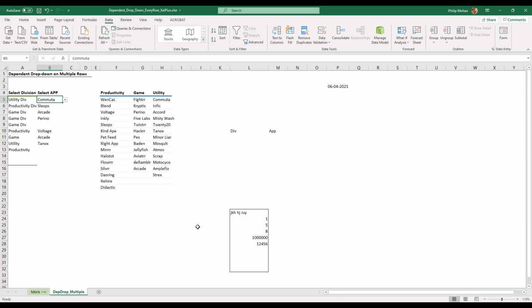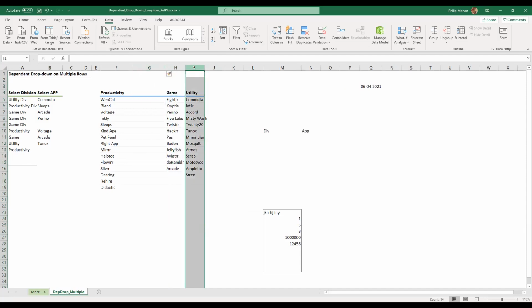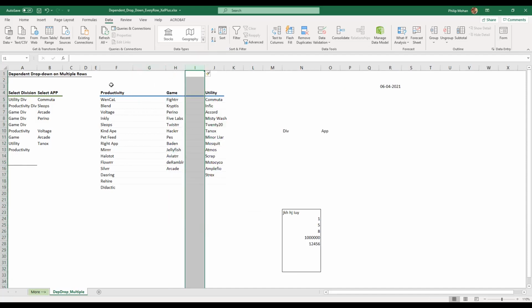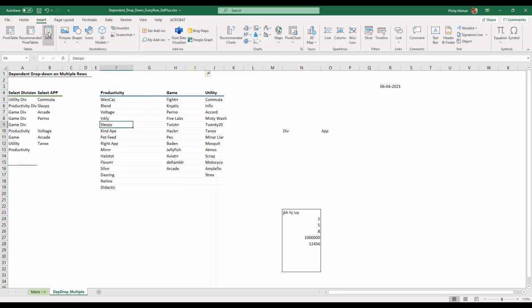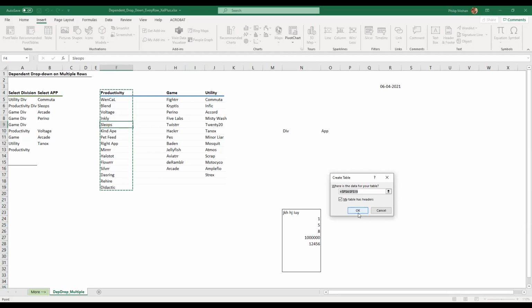And the good thing about it, one more thing I can tell you all, is that let's assume each of these was a table. I'm just going to put a space in between. Now these are tables with just one column of data. Insert table. I say yes.